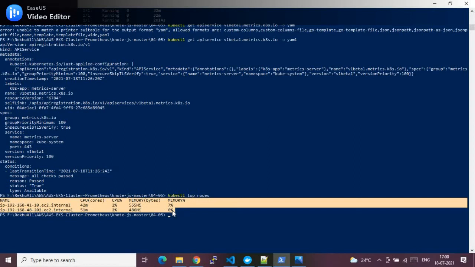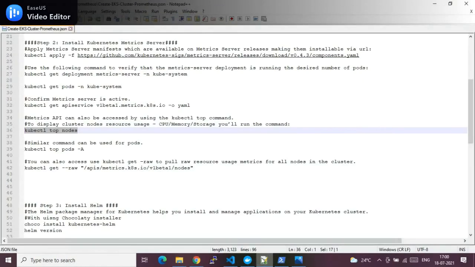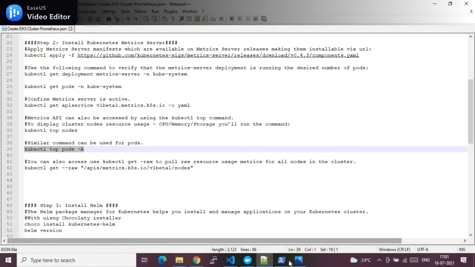Memory percentage used is this data. CPU used in minutes is this much, and the percentage is this much. So we are able to get some metrics of our nodes. Nothing but server performance metrics have been retrieved now. Now let's go one more step ahead and gather the metrics of our pods as well.